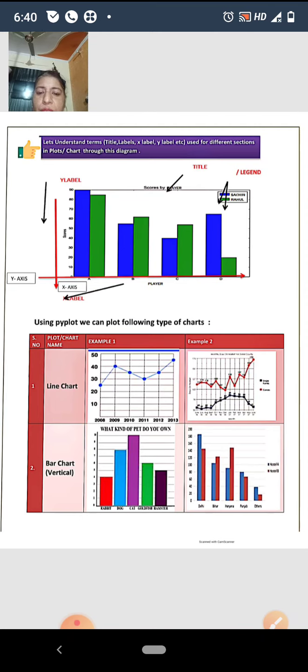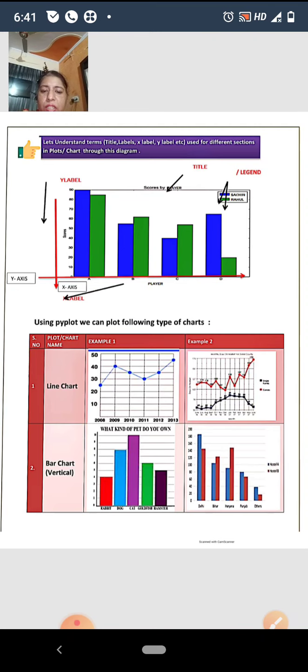table you can see we have given different examples, like line chart, how to draw the line chart in Python. Line chart is also a 2D graph, with x-axis and y-axis, and you will plot the points on the x-axis corresponding to the y-axis, and after plotting the points you will join these points with straight line segments, and you will get the line chart. Clear? In the first